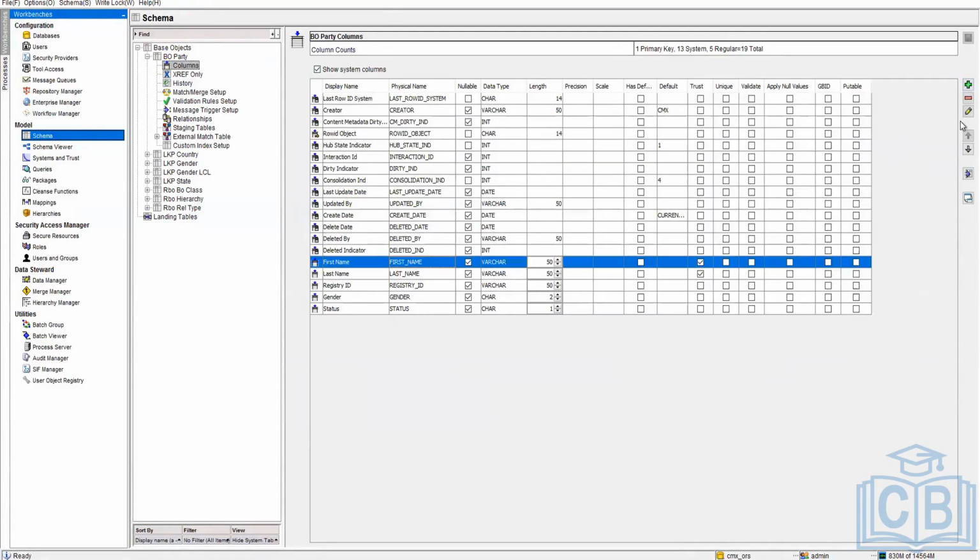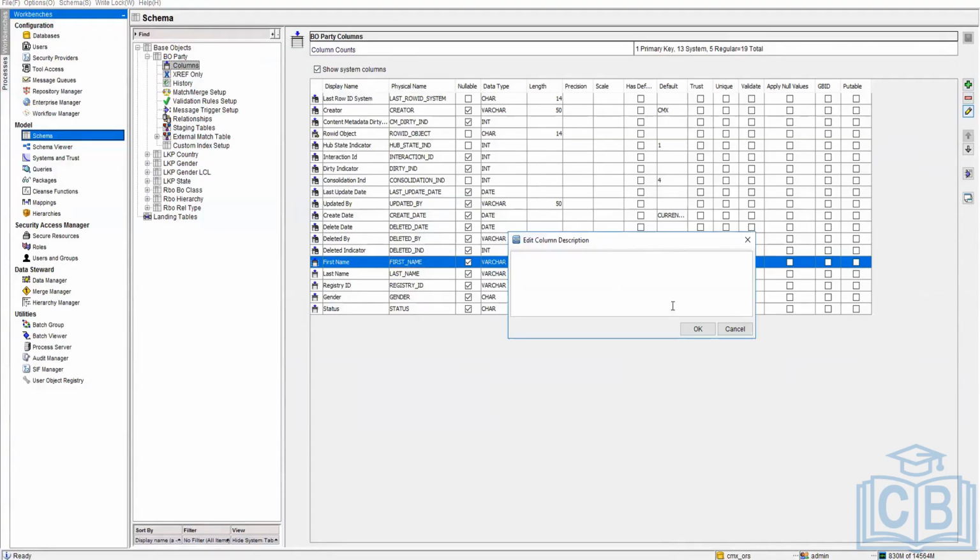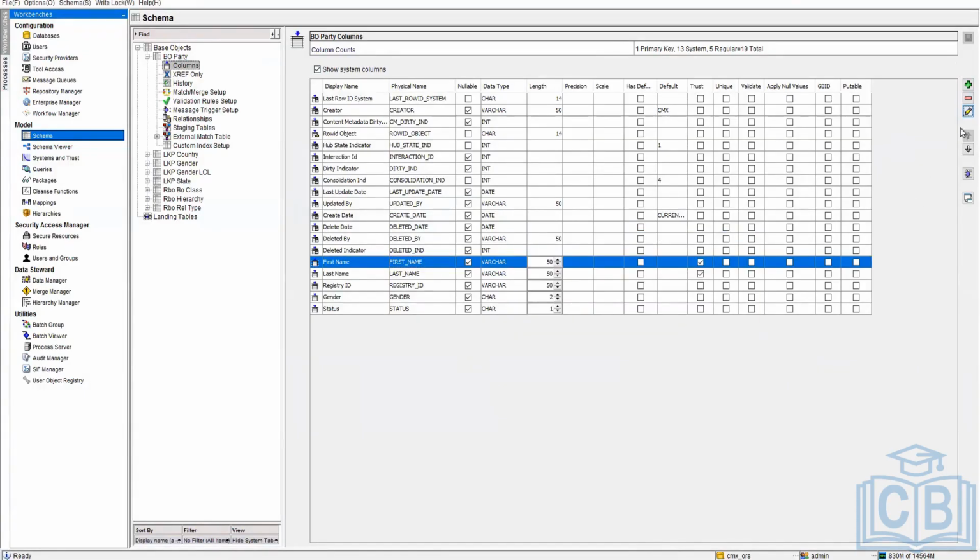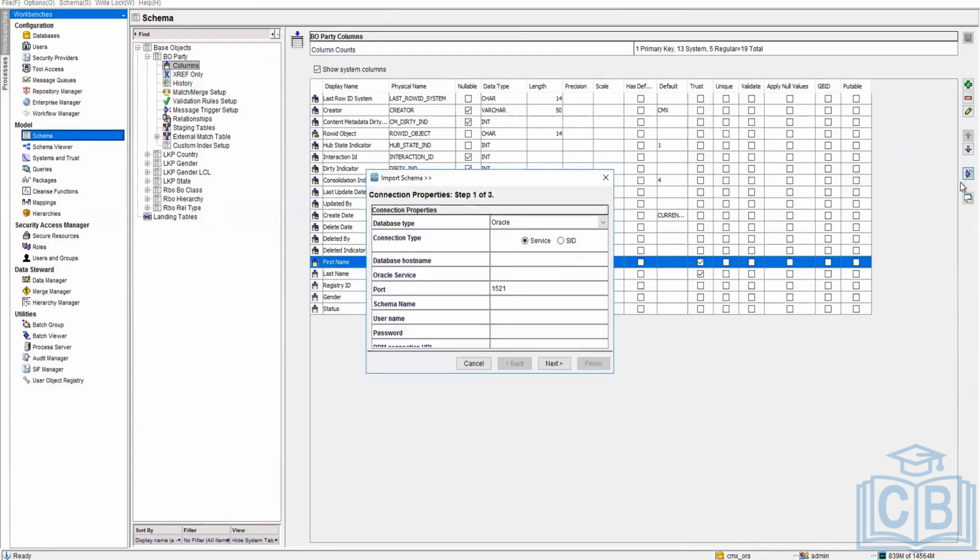Other functionalities over here: minus is for removing. This is for edit. What you can edit is just the description. And this is for shifting the attributes up and down. And these are used for importing the schema. If you want to import the schema from anywhere,